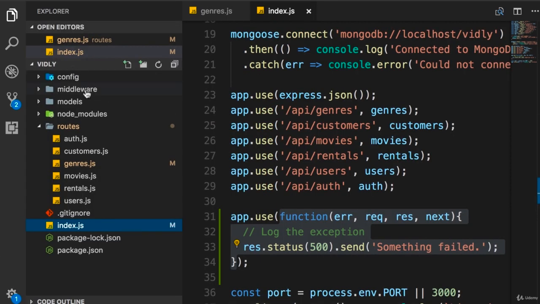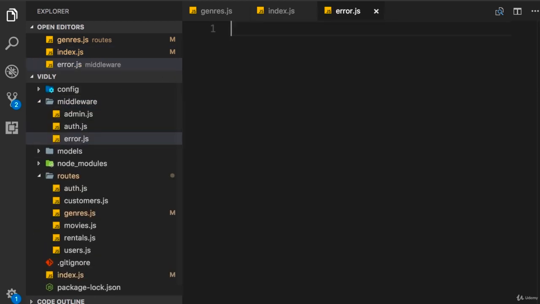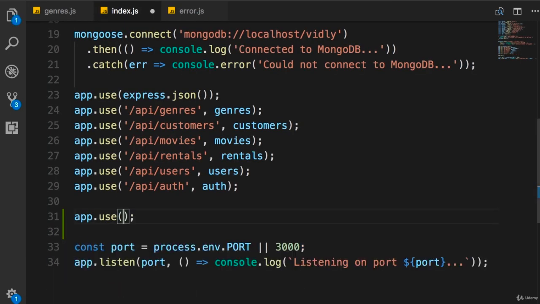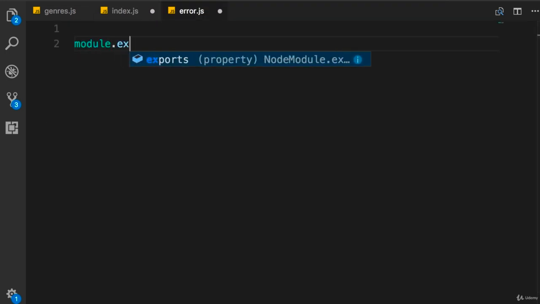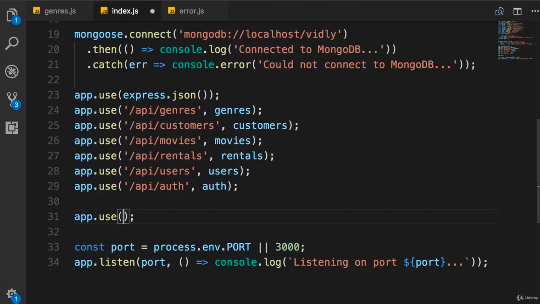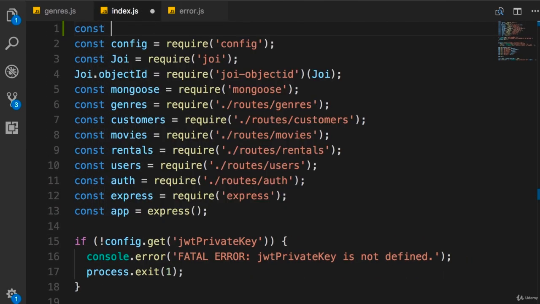Back here, we have this middleware folder. Let's add a new file here, error.js. Now back in index.js, I'm going to cut this function here. And in error.js, set module.exports to this function. So now we separated the details of error handling in a separate module, and this results in better separation of concerns. So in index.js, on the top, we need to load this module,